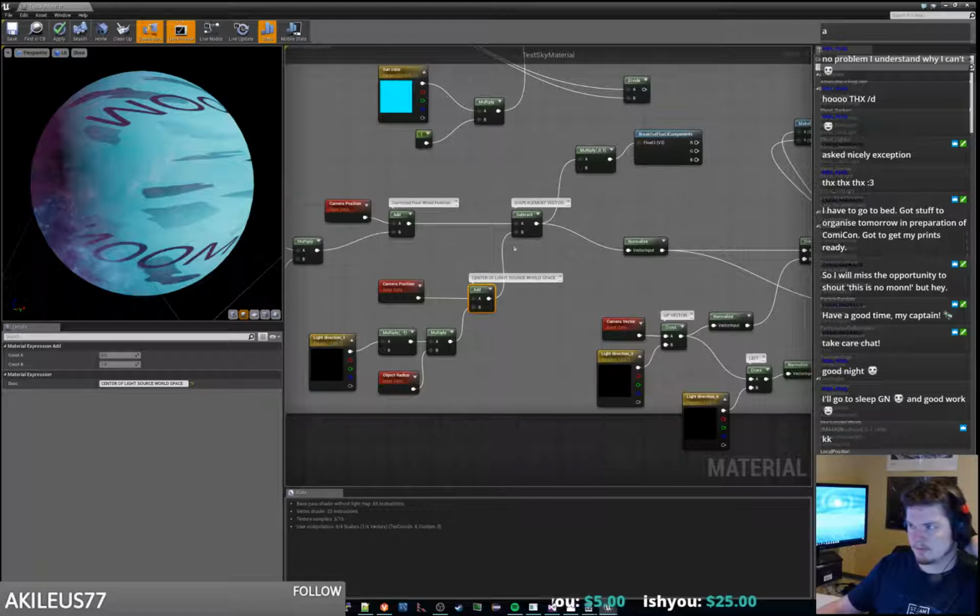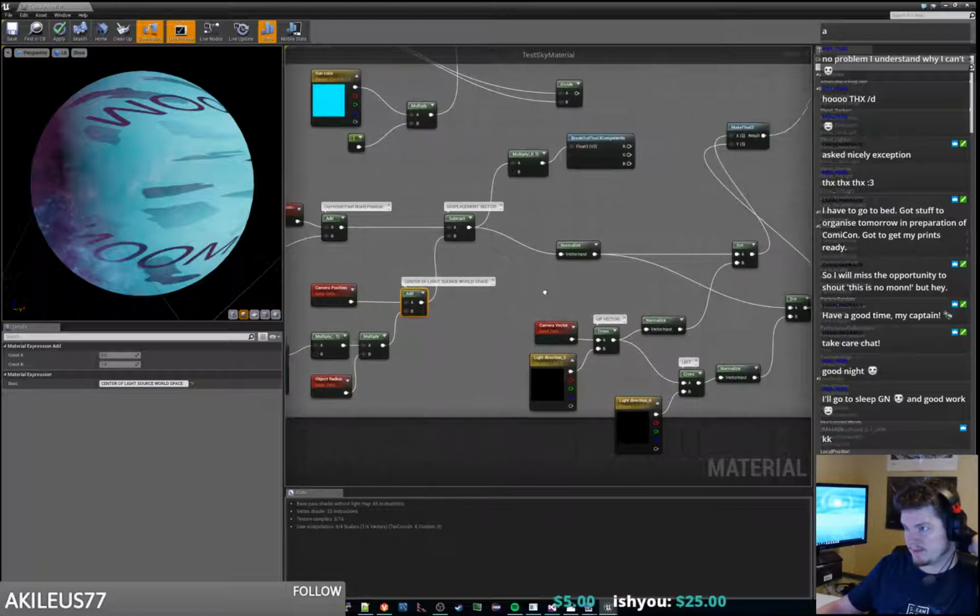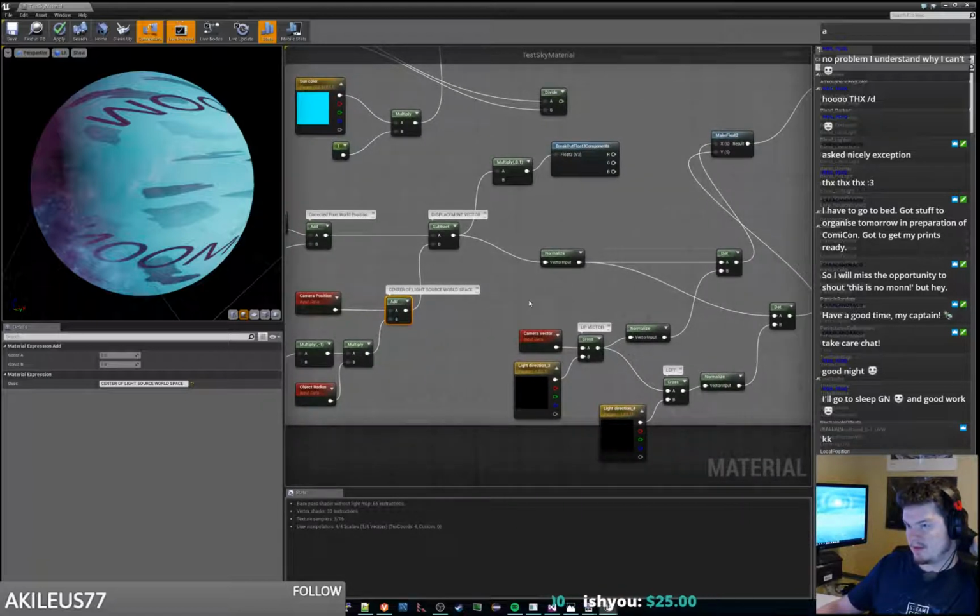Alright, so that should be subtracting it. So we get the displacement factor and we normalize that. We're going to dot that with the up vector, so if we have this displacement vector and we have this other vector,